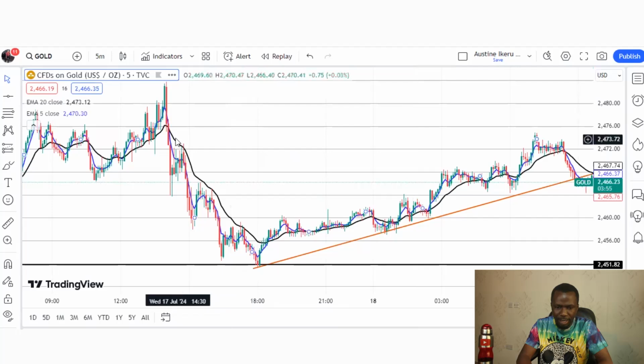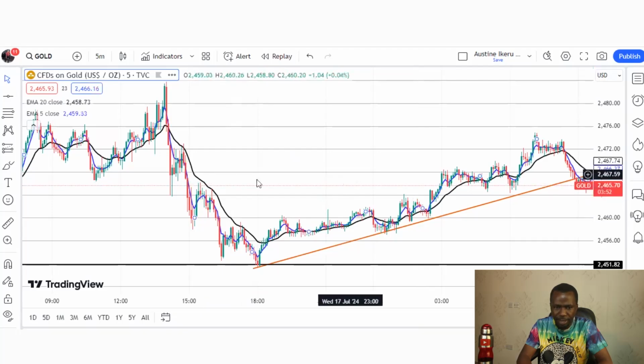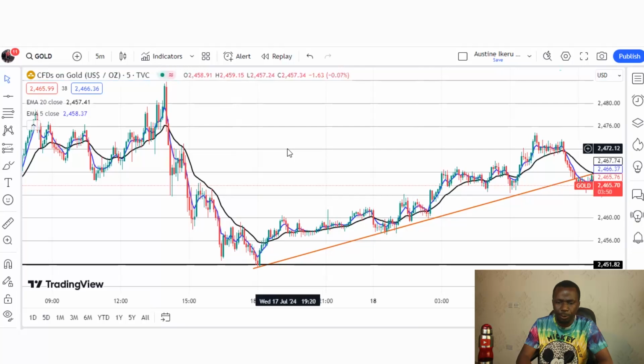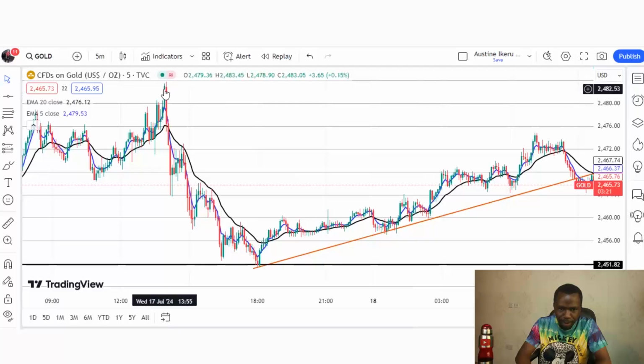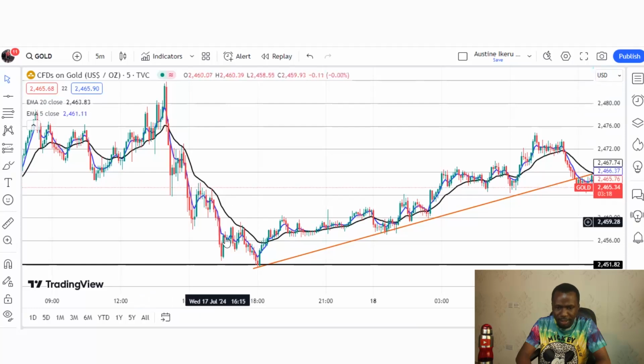So with that, we can clearly see the moving average, right? Now, as a scalper, you are looking to take trades that are available. You don't have time to wait. You are looking for available opportunities to take trades because you are not looking for 500 or 1000 pips or 200 pips. You are looking for at least 10 or 20 or 30 pips because you'll be entering the trade many times. So now from here you can clearly see that the market is going down.